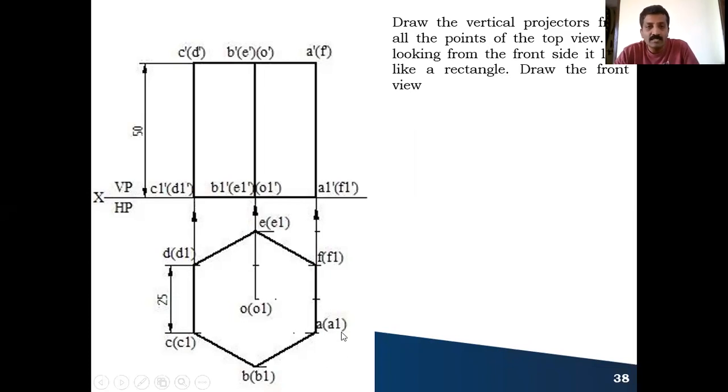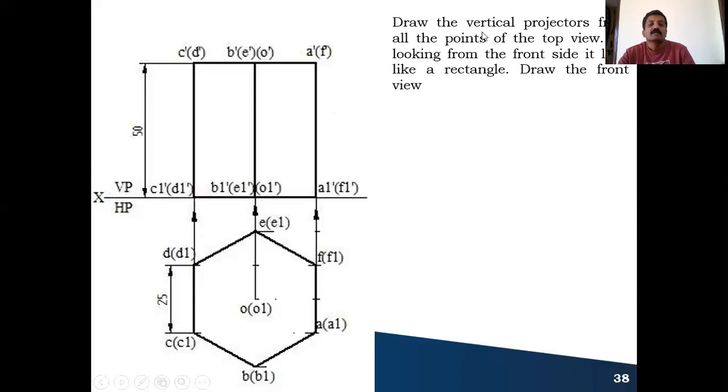And here, as you can see, you are looking from here for the front view. ABC you can see, you cannot see DEF. That's why D dash, E dash and F dash should be written within the bracket. Similarly A1, B1 and C1 you can see, you cannot see D1, E1 and F1. That's why D1 dash, E1 dash and F1 dash are written within the bracket. So this completes your true shape diagram, that is initial position, front view as well as the top view.